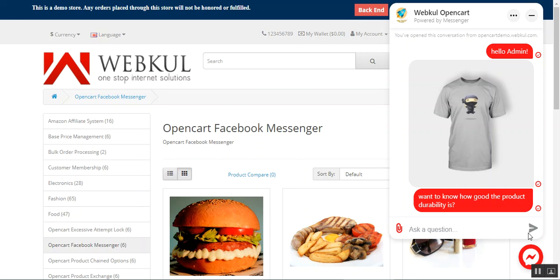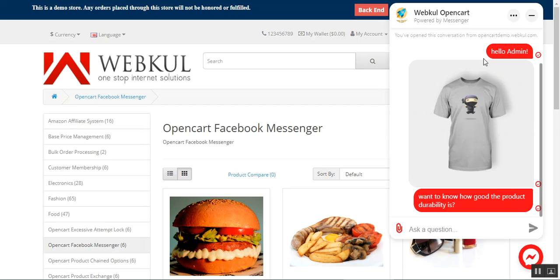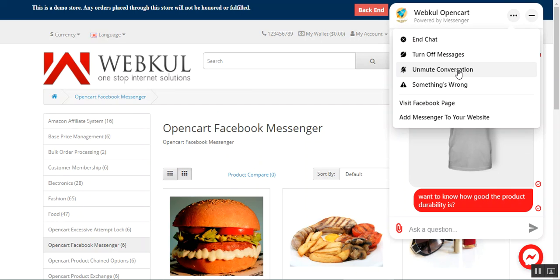And now coming to the other options that we have. So we are done with end chat and turn off messages, then we have the mute conversation. If I tap this particular button, I have muted this particular conversation. To unmute, I can tap here on the unmute button. To mute the conversation, I can just tap here on the mute conversation button, and this basically allows you to